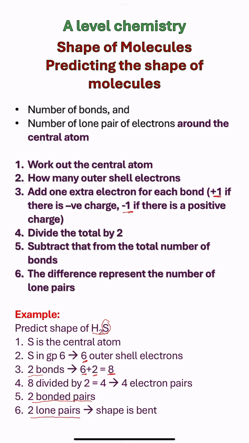So the shape is going to be bent. And this is the shape of H2S with 2 bonds and 2 lone pairs of electrons with a bond angle